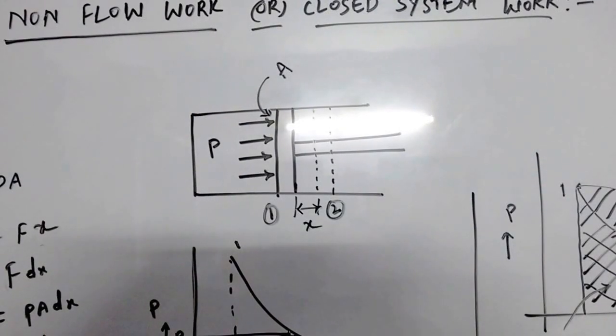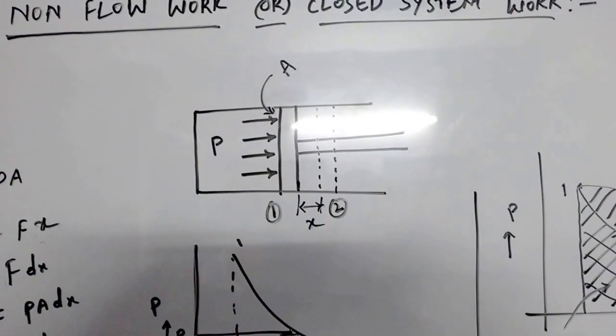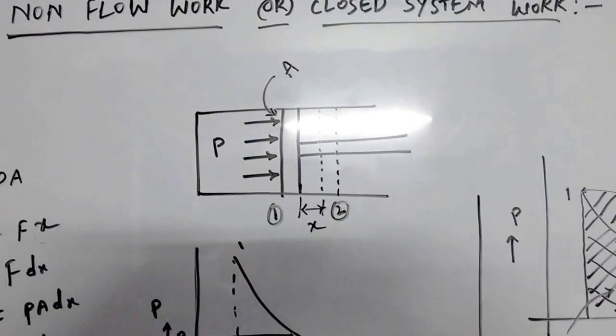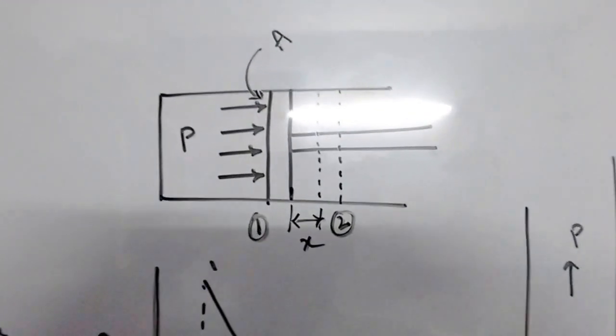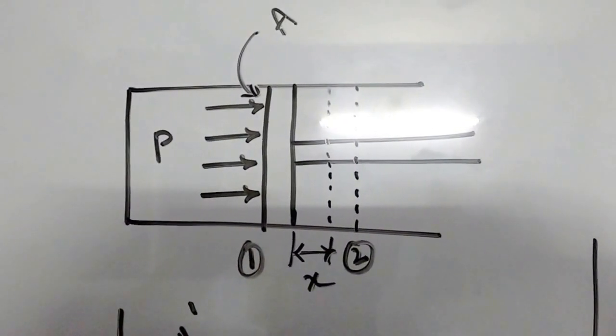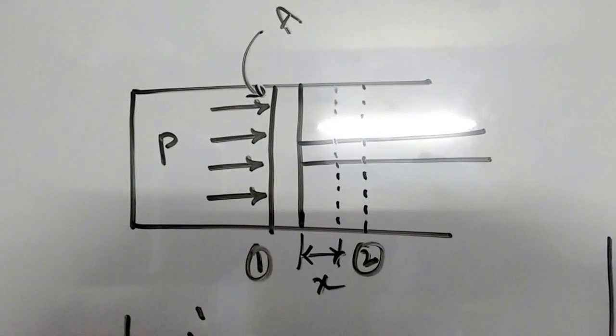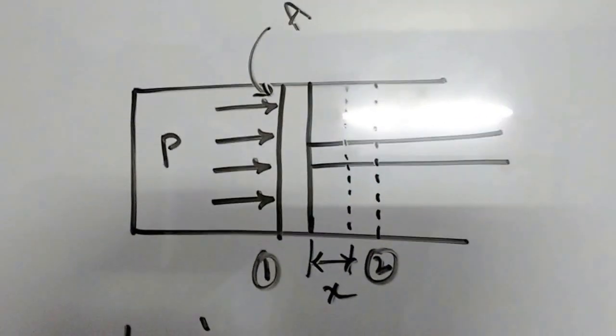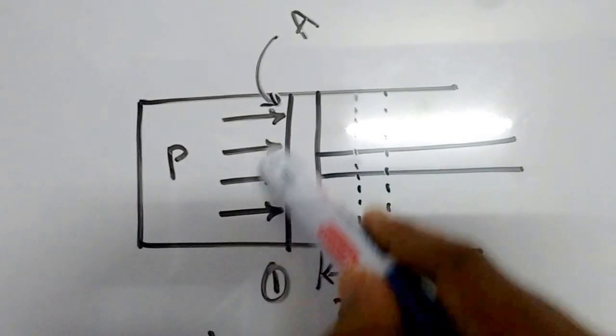We are going to discuss non-flow work or closed system work. For deriving the non-flow work, consider a piston and cylinder arrangement as shown in the figure. This piston and cylinder arrangement consists of a certain mass of gas which exerts a pressure P on this area